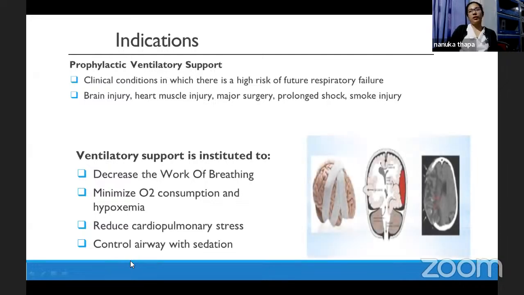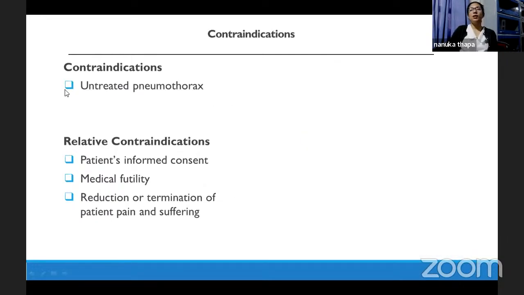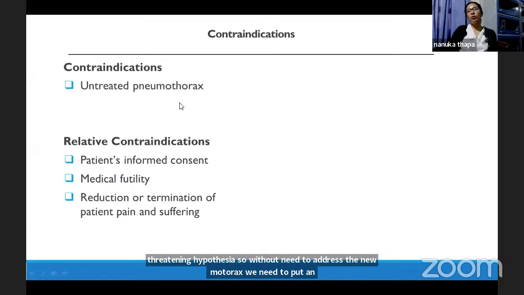Contraindication to mechanical ventilation or a positive pressure ventilation is untreated pneumothorax. Now, what happens if we start mechanical ventilation in a patient who has closed pneumothorax? Positive pressure ventilation causes a closed pneumothorax to convert slowly to a tension pneumothorax. And if the patient develops tension pneumothorax, the patient will become hemodynamically unstable and will have life-threatening hypoxia. So we first need to address the pneumothorax. We need to put an ICD and make sure that the ICD is working properly,